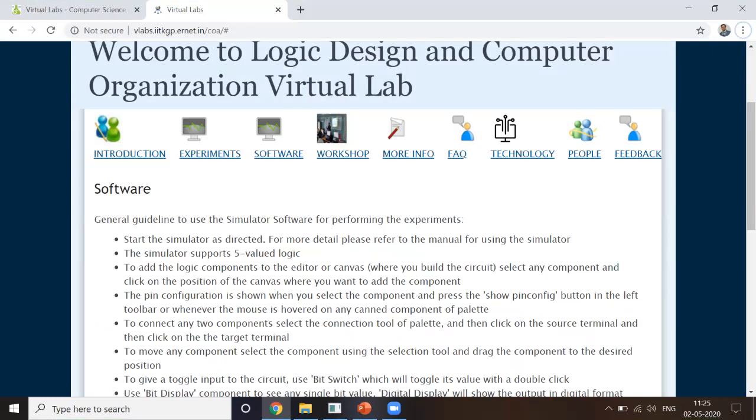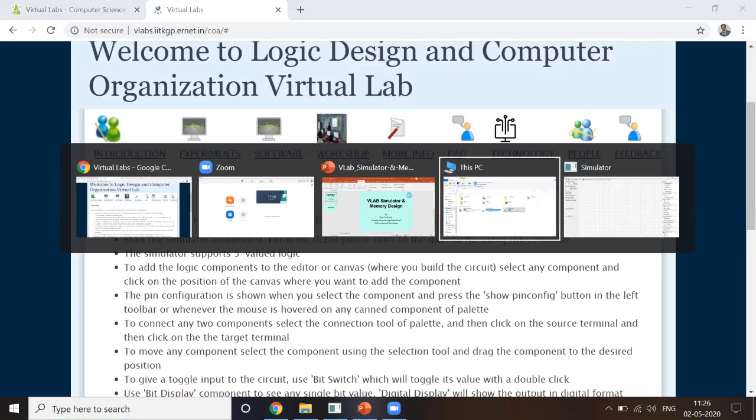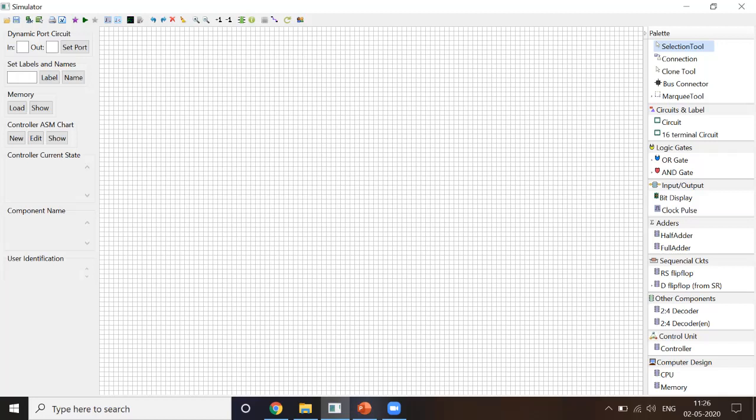Now we'll move to the simulator. So, this is the simulator. If you have Java installed, then this will run automatically. This is just one file. Now, as you can see here, there are buttons like the open button, and save for saving the project. Save as component: once you make your design, and if you want to make it as one component, then you can do it from here.